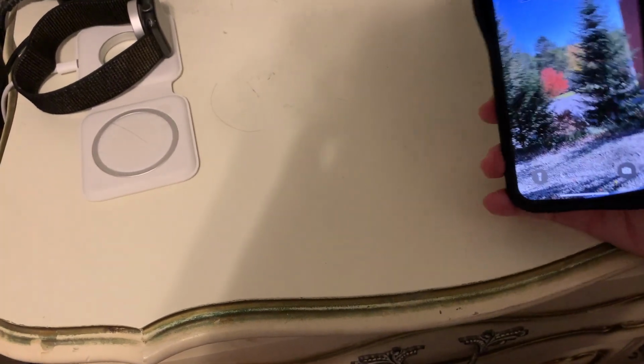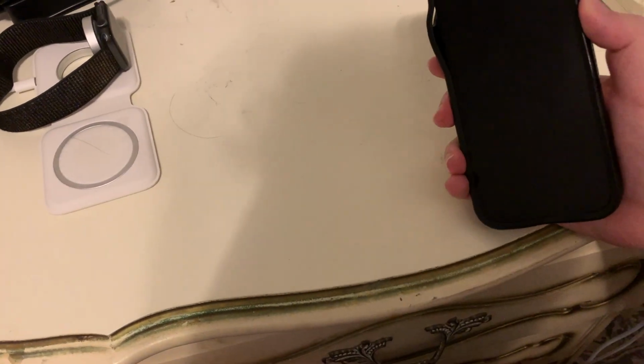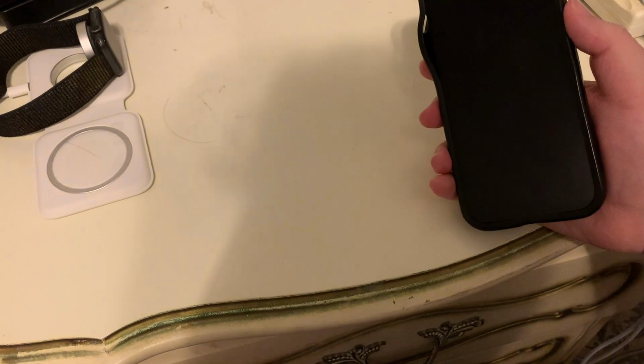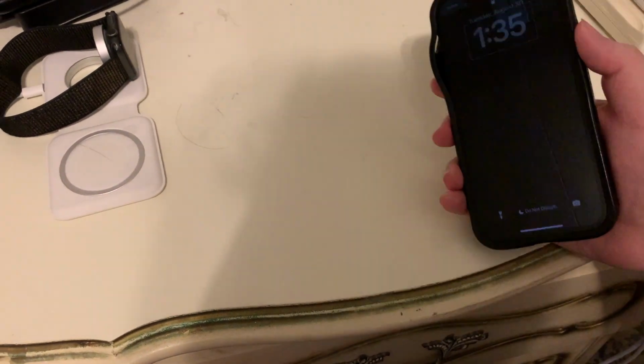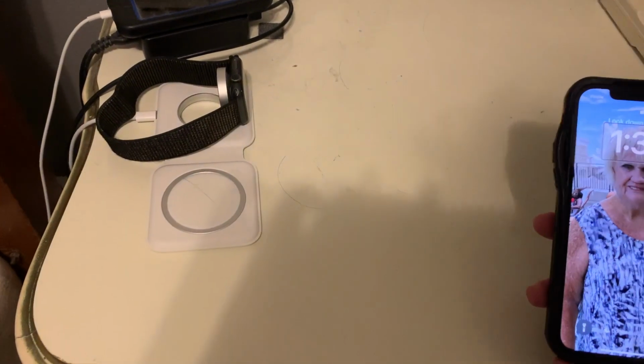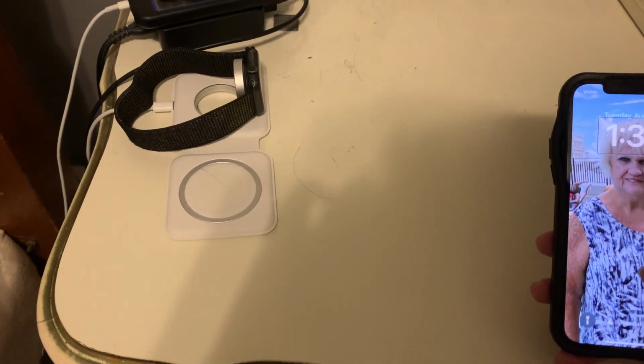And there we go. Now just to show you that this will shuffle. Not the best photos. So let me